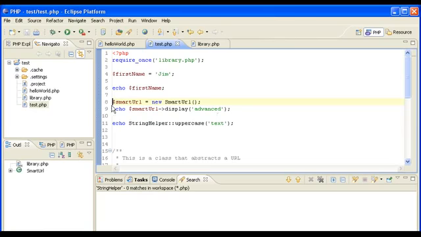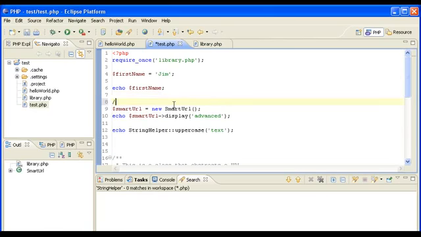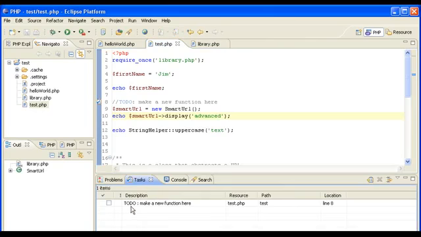A feature is, as you're typing along, you might find things that you want to fix later or that you want to do later. So let's say here you want to make a new function or whatever. And you save your file. If you go down here into Tasks, you see that your to-do has been added because you have // TODO: here. If we put another one down here,